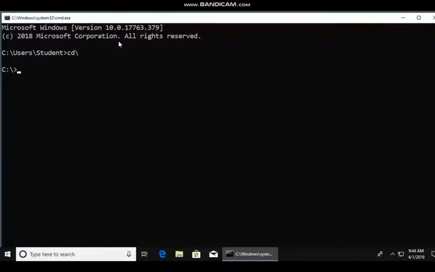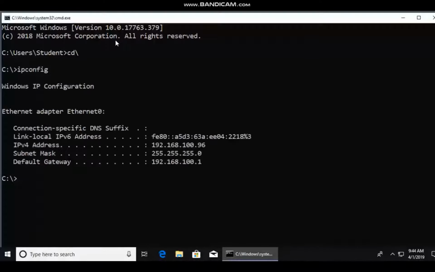So I'm going to use the first network testing command I want, and that is ipconfig. And when I enter the ipconfig command, we get some basic info here. I get the IP address of the end device I'm on, which is my user computer, which is 192.168.196. I get the subnet mask, which talks about the network size, how many IPs exist on this network. I have the default gateway, which is the router's IP address that my machine is going to leave the local